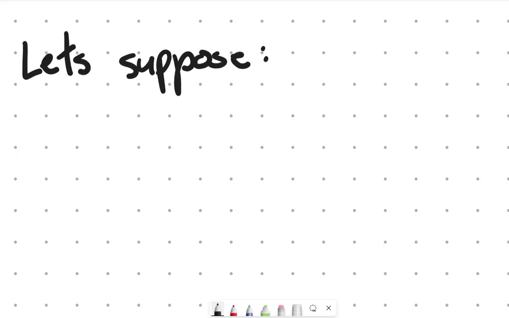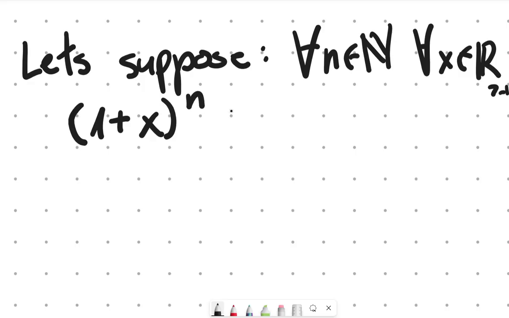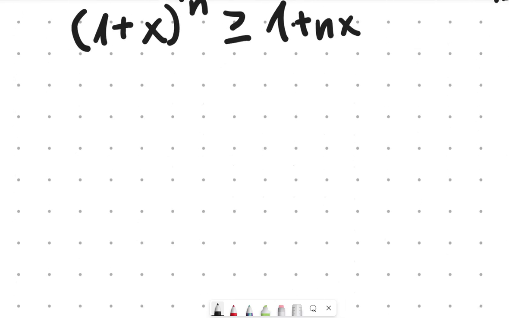Now let's suppose that for all n element of N and for all x element of R bigger than -1, the inequality (1 + x)^n is actually bigger or equal to 1 + nx. Okay, now let's prove it for n + 1,